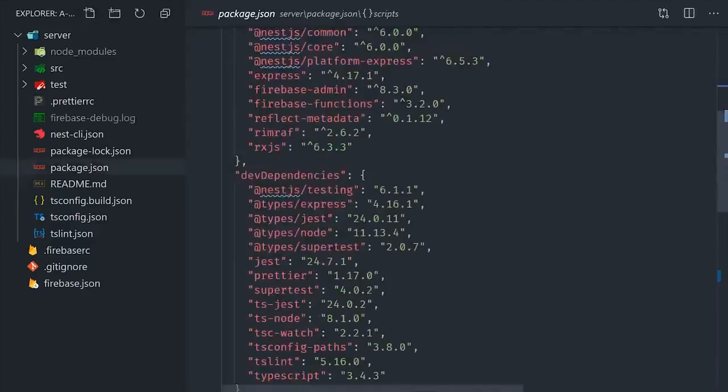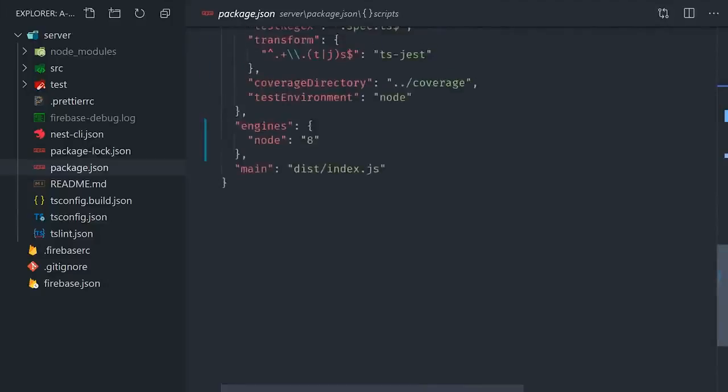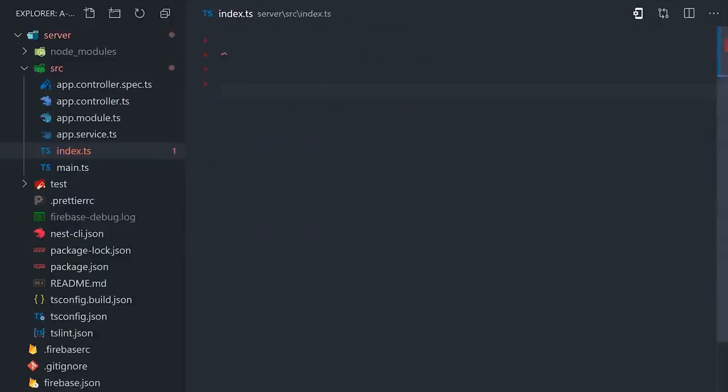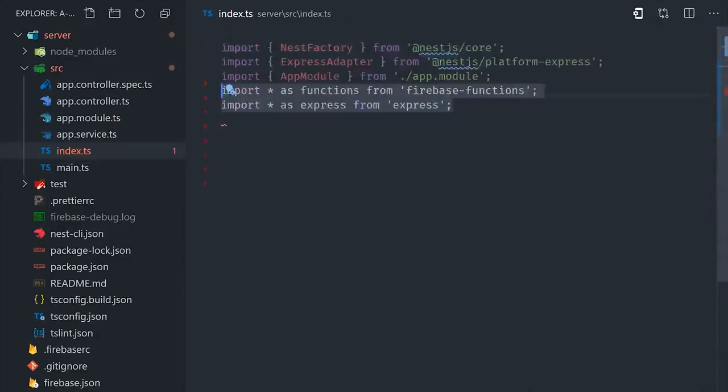Now, when Cloud Functions attempts to run your code, it will be looking for the main field in the package JSON. And we'll set that up as the dist index.js file. And then you'll also want to set the node engine to 8 or 10 or whatever version you want to use. From there, we need to create the actual server, and we'll do that inside the source directory in this index.ts file. In this file, we'll create an instance of an Express app, and then we'll write a function called